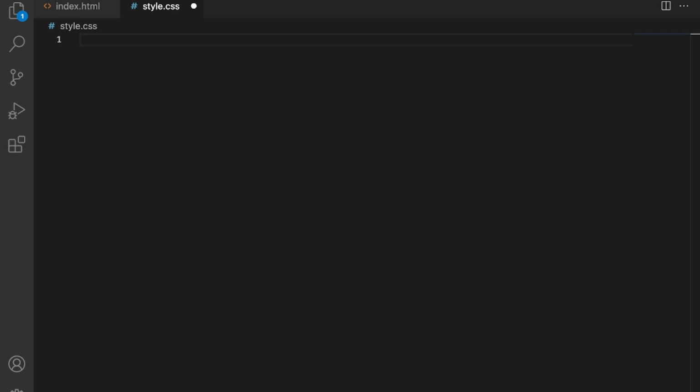So in the CSS code, first of all I will define some variables so that I can use them in my code. To define variables, here I will write :root and now let's define variables one by one.